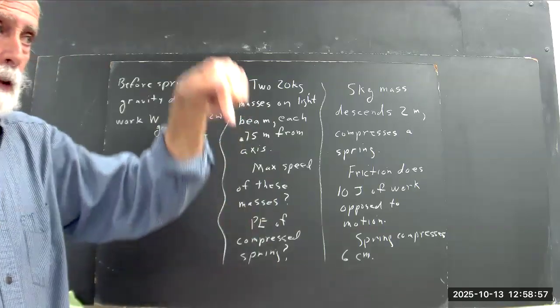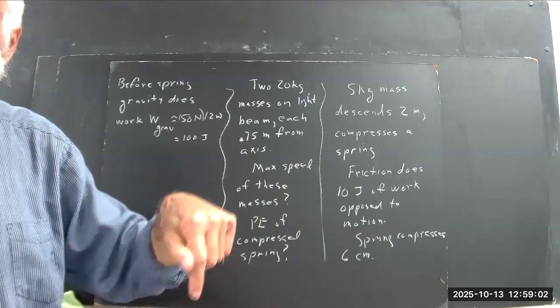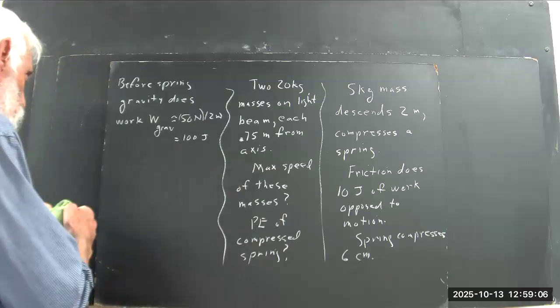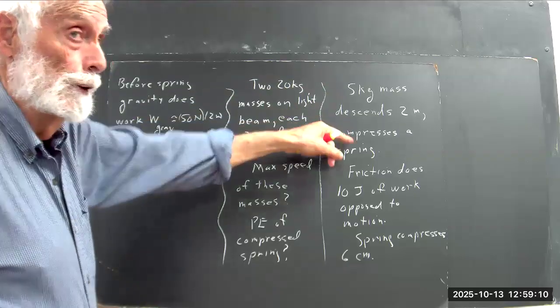This thing's descending, so the direction of the gravitational force is downward. The direction of motion is downward. Now, I said 50 newtons times 2 meters because I know that the two forces are in the same direction